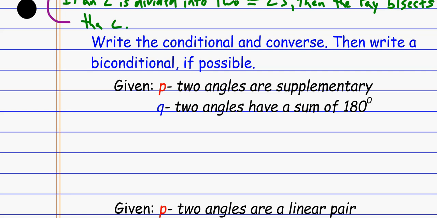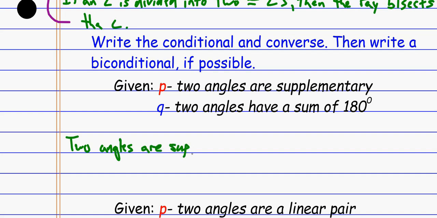And once again, is that true or false? So if we think about it for a second, it's true. Okay, if two angles have a sum of 180 degrees, well, then they must be supplementary. That's the definition of supplementary angles. So the conditional statement was true, the converse was true, which means I can write a biconditional statement. So when I write the biconditional statements, I just literally write out these two statements with if and only if in between. Two angles